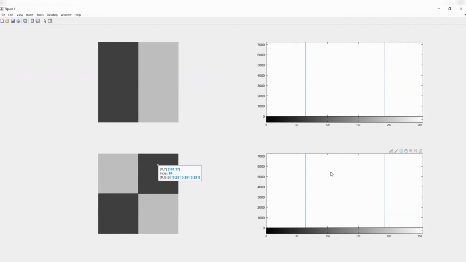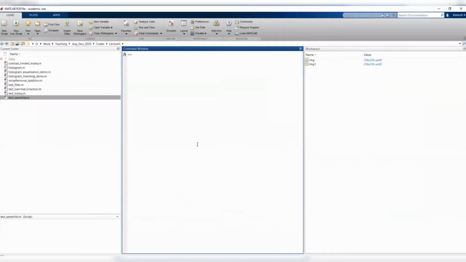So you can have the same histogram distribution and different images. The reason this happens is that when you move to the histogram, you are losing the essence of the spatial distribution of the intensity. You are only worried about the number of occurrences of each intensity. I hope I'm not confusing you, but always keep this in mind. Coming back to here, this image has 256 by 256 pixels.